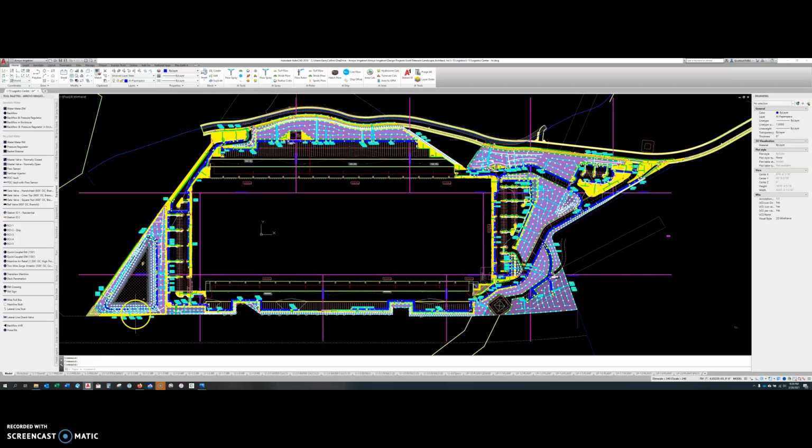Hi everyone. Today we're going to talk about layers. Layers are extremely important in AutoCAD. I can usually tell how good a drafter in AutoCAD is by how many layers they use and how they're set up. Most novices that haven't been trained well in AutoCAD use one, maybe two or three layers,